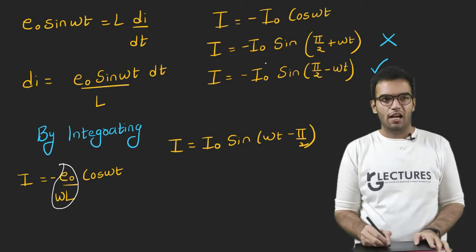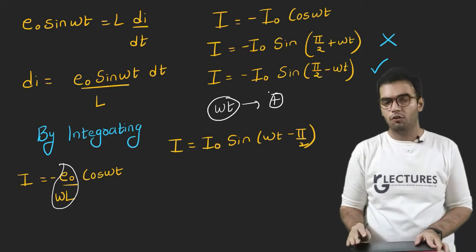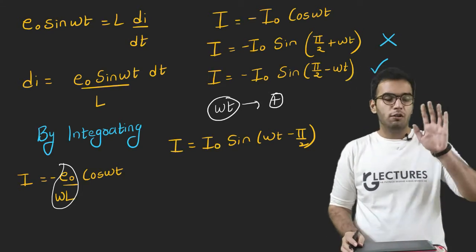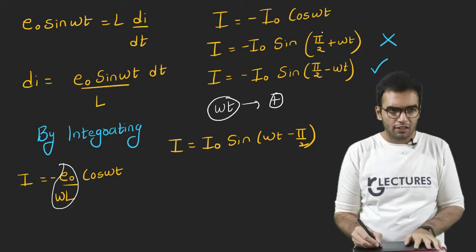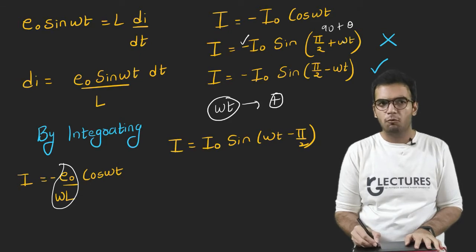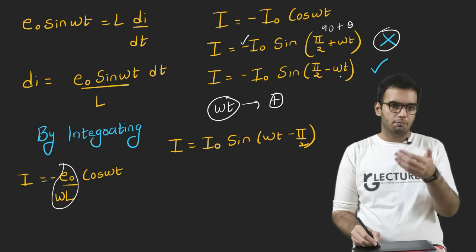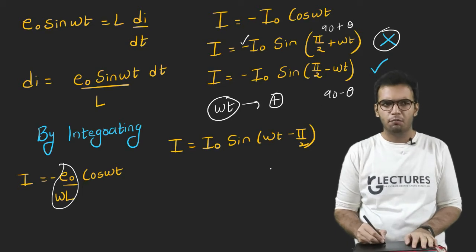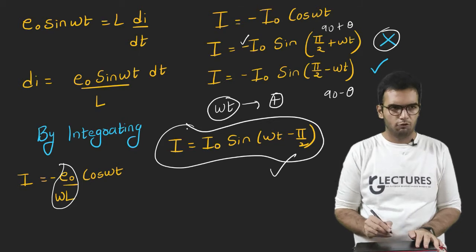So basically I have to keep my omega t term as positive, because that is my general equation. I cannot make the general equation negative. So in whichever form omega t becomes positive, choose that form. If I take 90 plus theta, what I see here is a minus. So if I multiply by the minus, my omega t will become negative, right? So I cannot take this form, but I can take the form 90 minus theta. After being multiplied by minus, my omega t becomes positive. So yes, I will take this form, and finally I get this as my final equation.